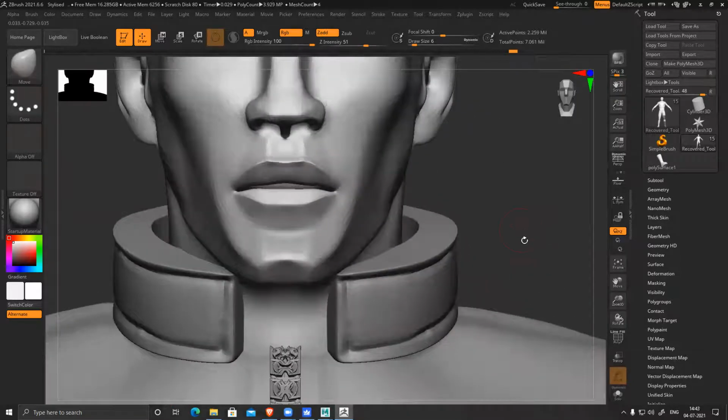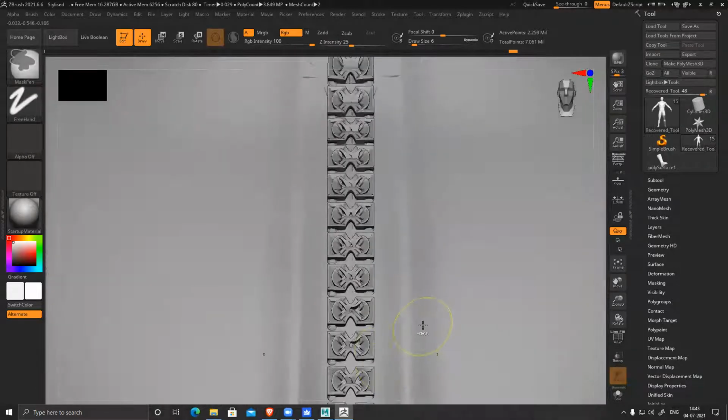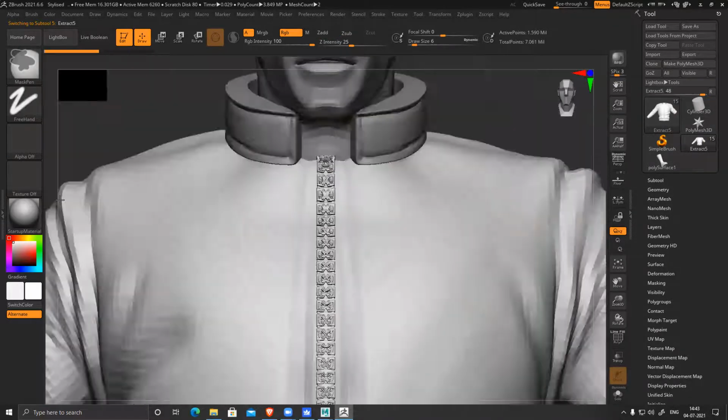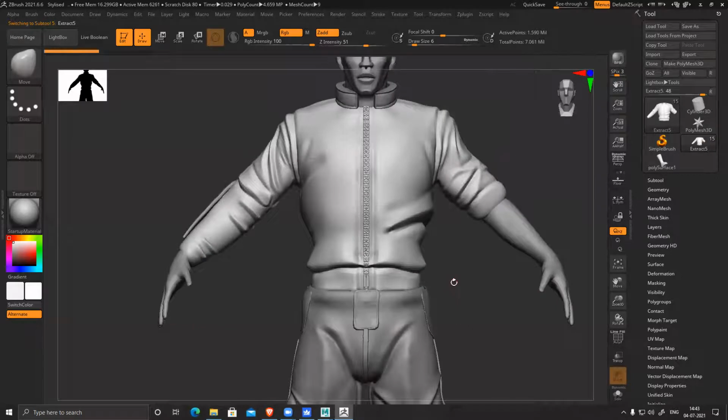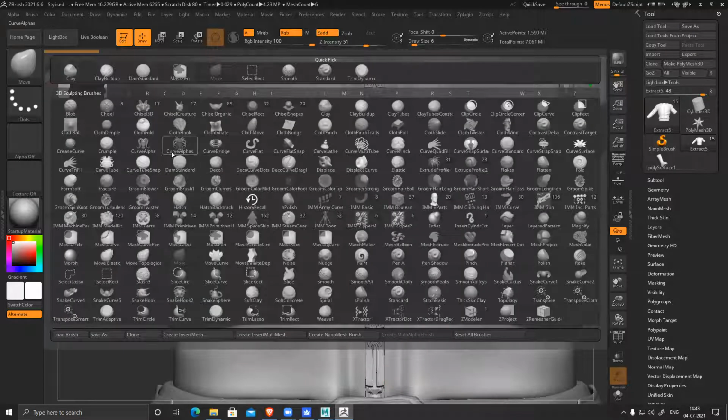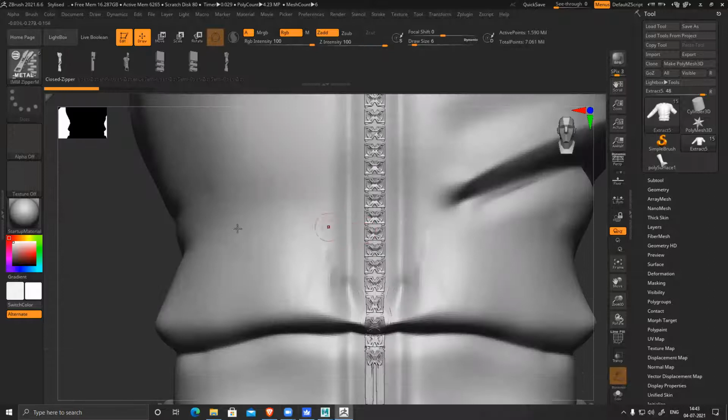And that zip, sir, it is overlapping with it. I tried a lot of ways to not have that. Okay, so this zip, what did you use for this? I used the tool, sir. That brush is there, right? So most probably your symmetry is on. Yeah, I did it with symmetry, otherwise how will I get both the sides? No, zip will have both the sides in the model. You can separate it, sir, because it's a different polygroup.